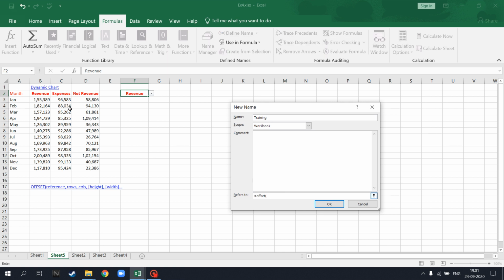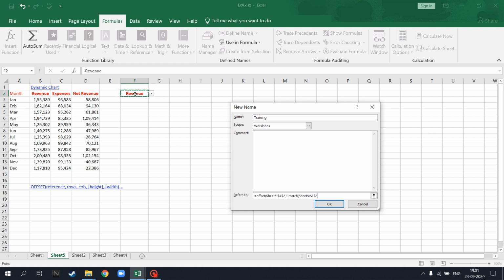Offset, place it here. And then since the formula works like offset reference, rows, columns, height and width, since we have clicked on A2 as the reference, and then we want to come here in this revenue column, click on 1. So once we are in the revenue, now we want to put a match function in the columns. We want, by click of this, it should select which column to be in.